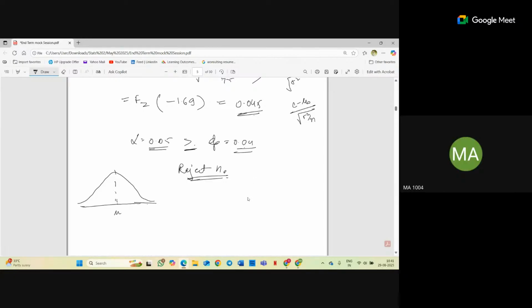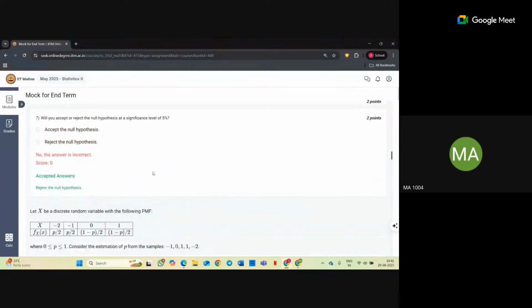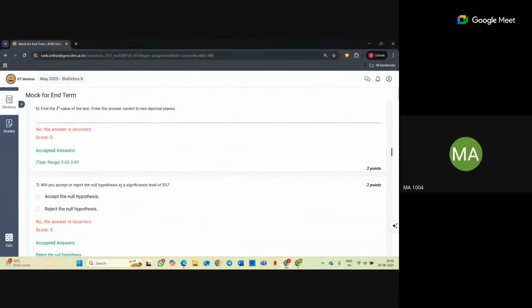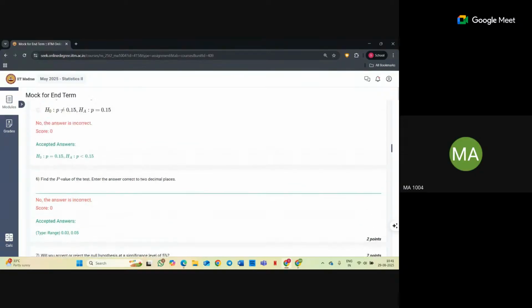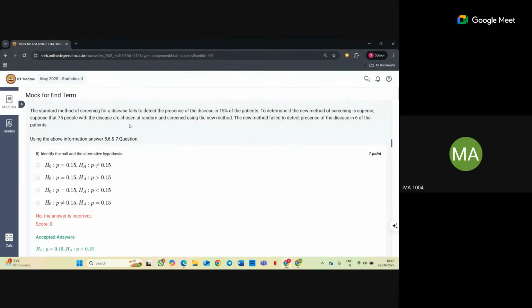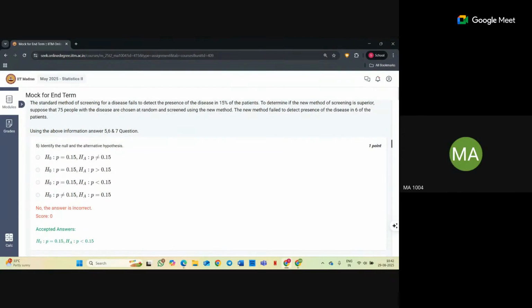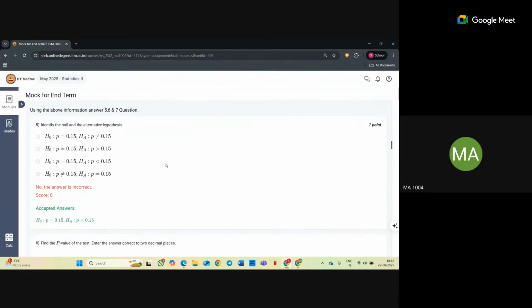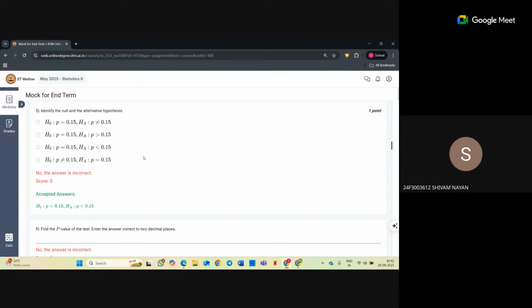We can have a question in which you don't have the value of alpha, 0.05. In the next question, in the second part they have asked, will you accept or reject the null hypothesis at a significance level of 5%, right? But in this question, they have not mentioned any significance level in the first part. If they are not even mentioning what significance value to use, how can you calculate the value of C? Yes, ma'am, that would be a problem. So we are comparing it with the p-value.